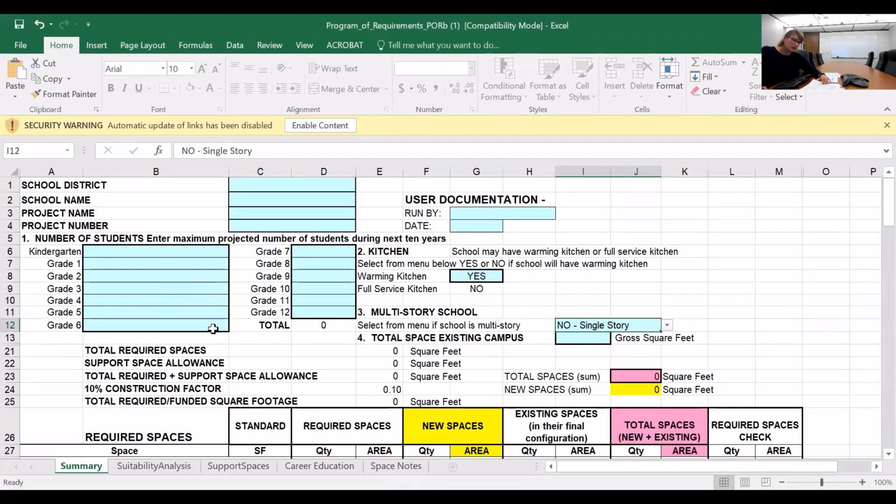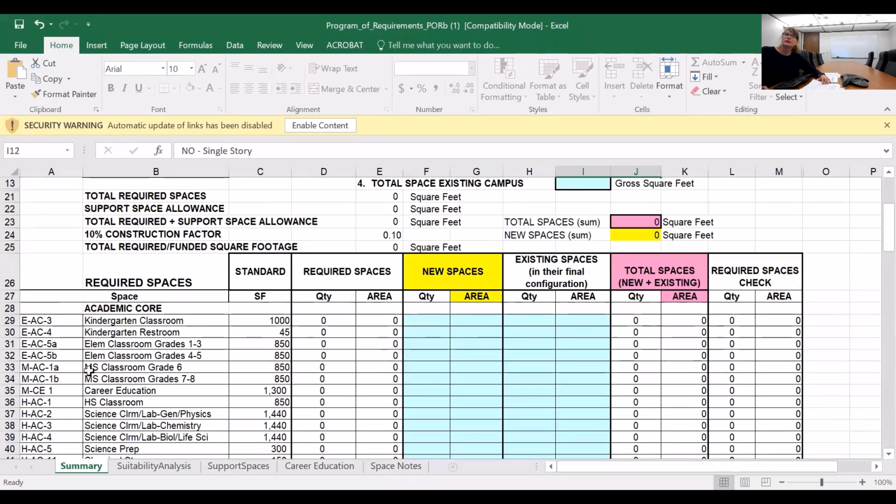The area types are prioritized in this order. So academic core, meaning classroom, will be first. Districts not having the required number of high priority spaces will not be approved for funding for lower priority spaces. And I encourage you to read Rule 4.02 in the partnership rule for more information on the